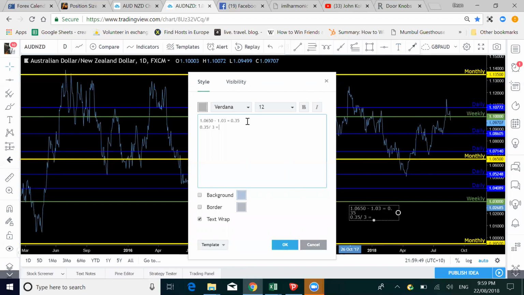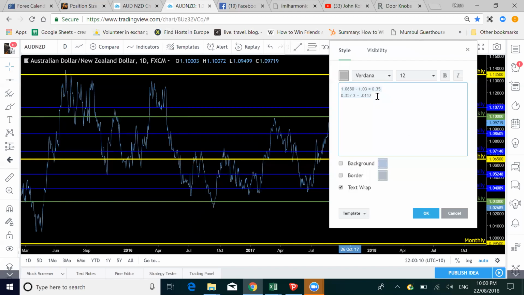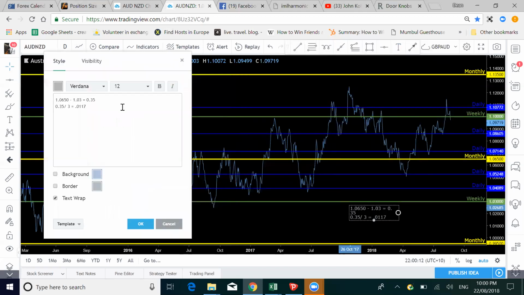0.035 divided by 3 is 0.0117, or 666 recurring. So all I've done is taken that distance between there and there, and divided it exactly into 3, and it told me that it should be around 0.0117 in thirds. So if I was to take 1.065 minus 0.0117, that would equal